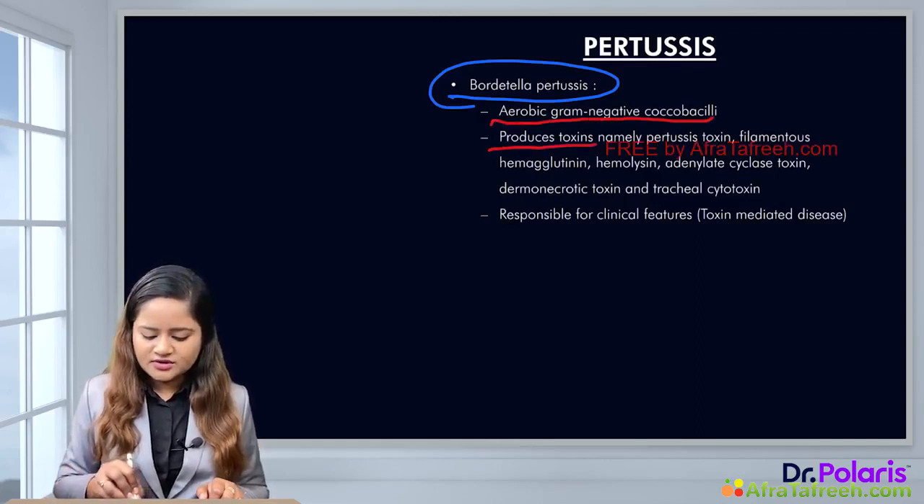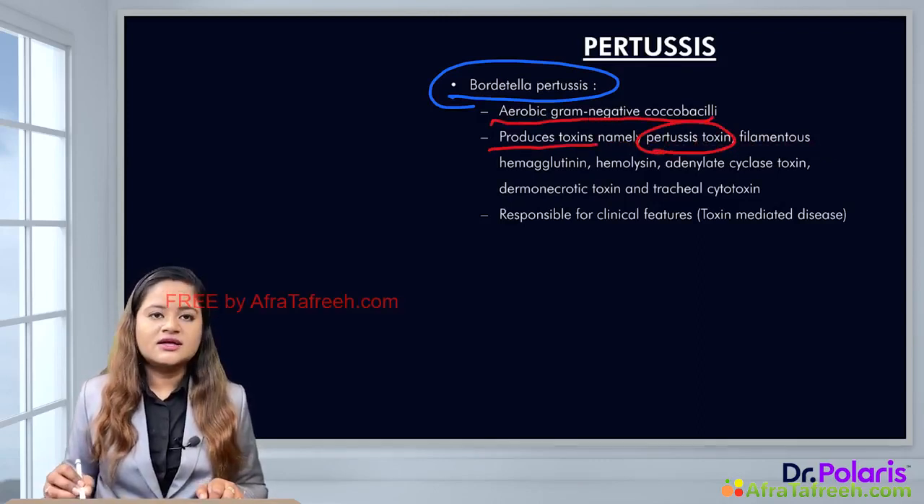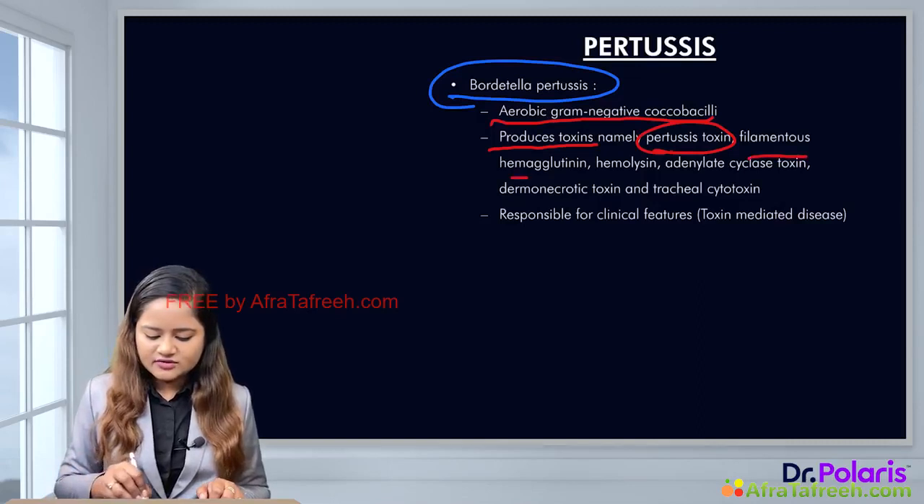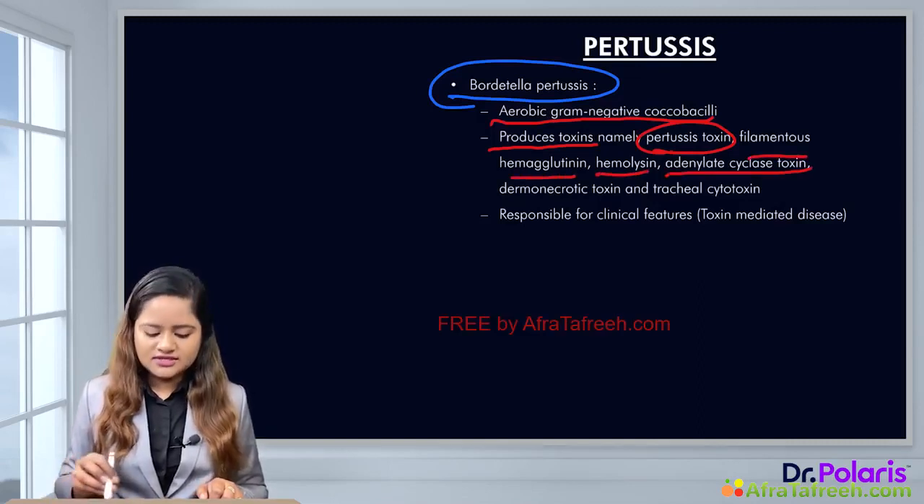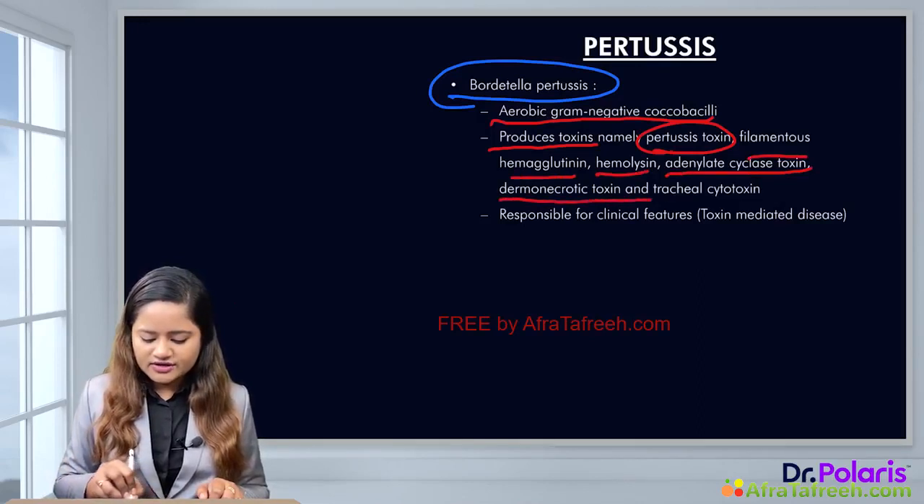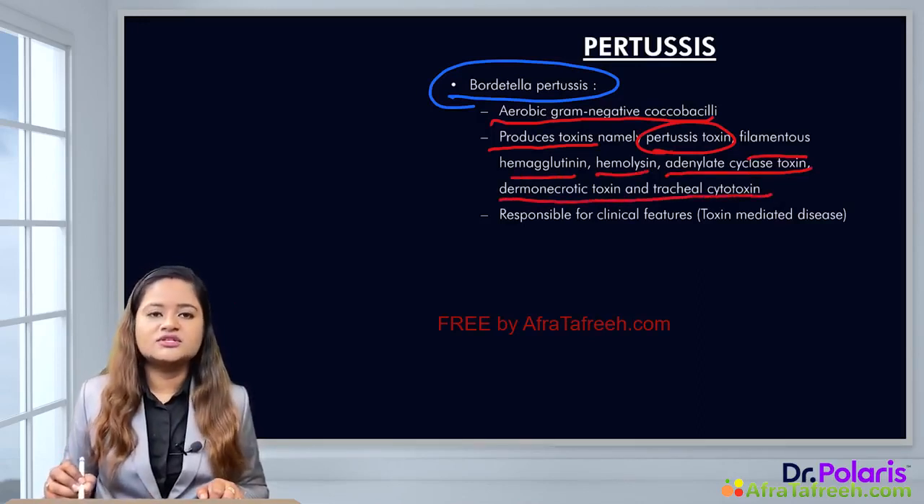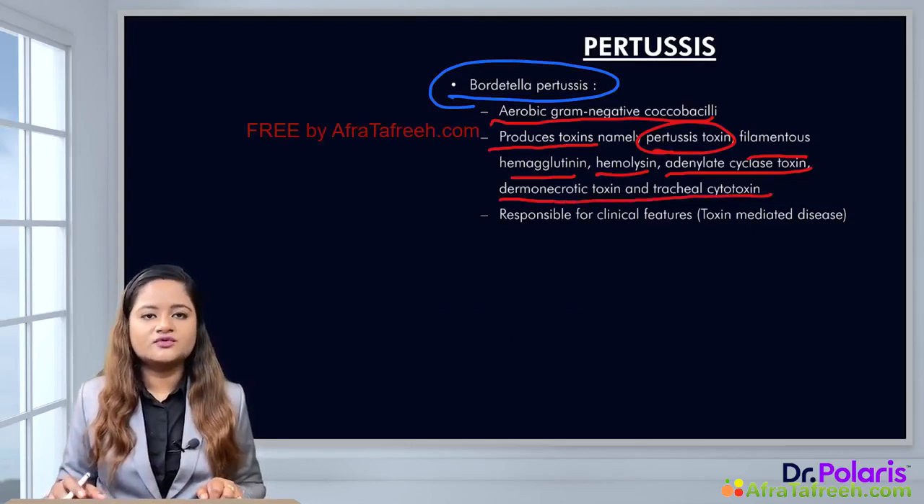It produces the toxin known as the pertussis toxin. Now it is a filamentous hemagglutinin along with hemolysin, adenylate cyclase toxin, dermonecrotic toxin and tracheal cytotoxin. So it has got many different types of toxin, and once it is released in the body, it will go